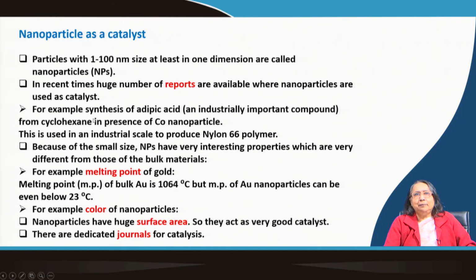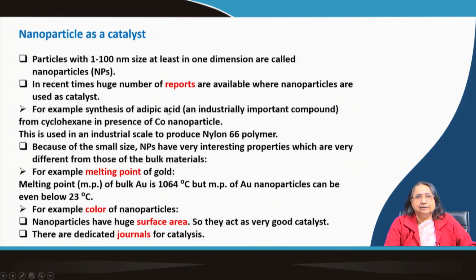So, some applications of nanoparticles as catalyst. Here you can see adipic acid, an industrially important compound. Adipic acid can be synthesized from cyclohexane by using this cobalt nanoparticle. The details I have not given, but I can tell you that the cobalt nanoparticle is acting as a catalyst